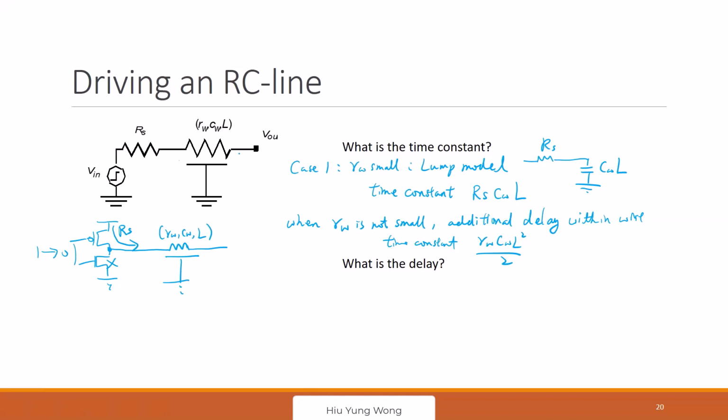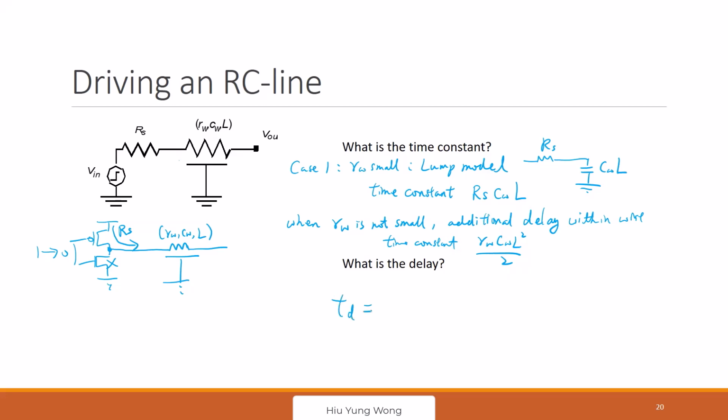Well, you see, if you want to solve this whole equation, it's very complicated. But now we see it in this way. We have an Rs. This Rs is just driving a capacitor. So then we have this one. And then within this line, it's a lump. Then it has its delay constant like this. Okay, so the total delay